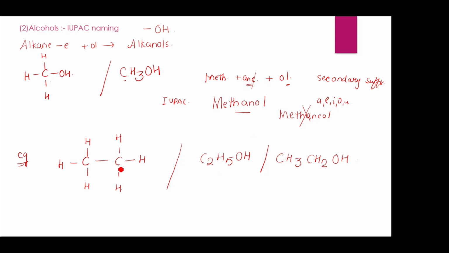Since a two-carbon chain is there, the word root will be eth. The C-C single bond gives "an", plus the secondary suffix: OH, the secondary suffix is ol. So the IUPAC name of this compound will be ethanol,